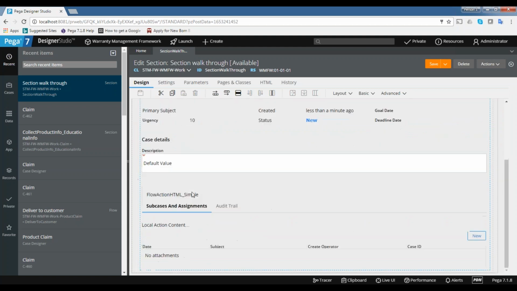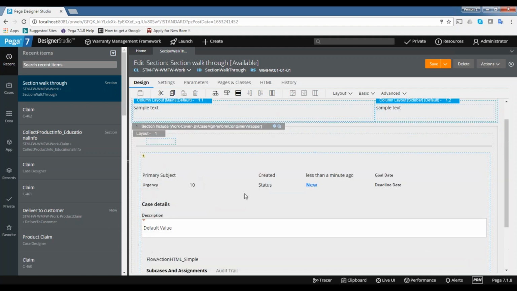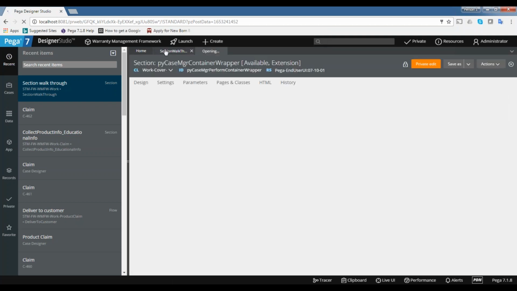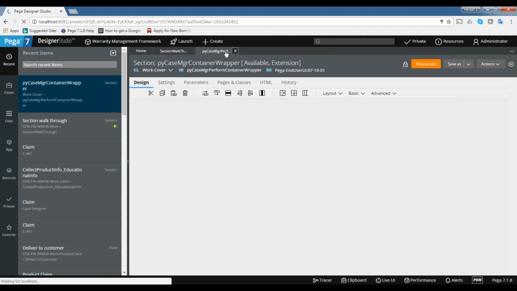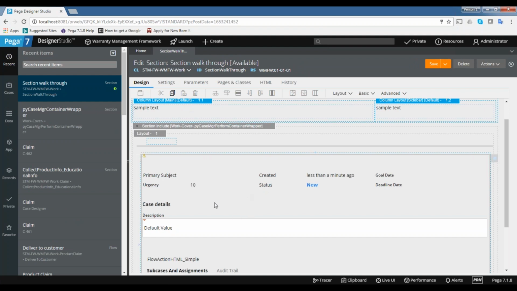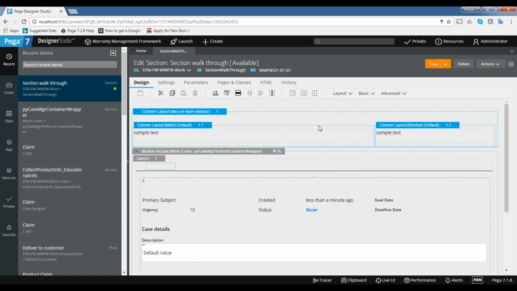So if you want to make any modifications for this section, we should not do it here. We should open the corresponding section and do it there. Generally, that is the mistake people make. If they want to modify, they will do it directly here. The system will accept it, but it won't save into the database, because this is just like embedding a section. This is not the actual section here. We are just embedding other sections. So you need to open the corresponding section, and then modify it there.